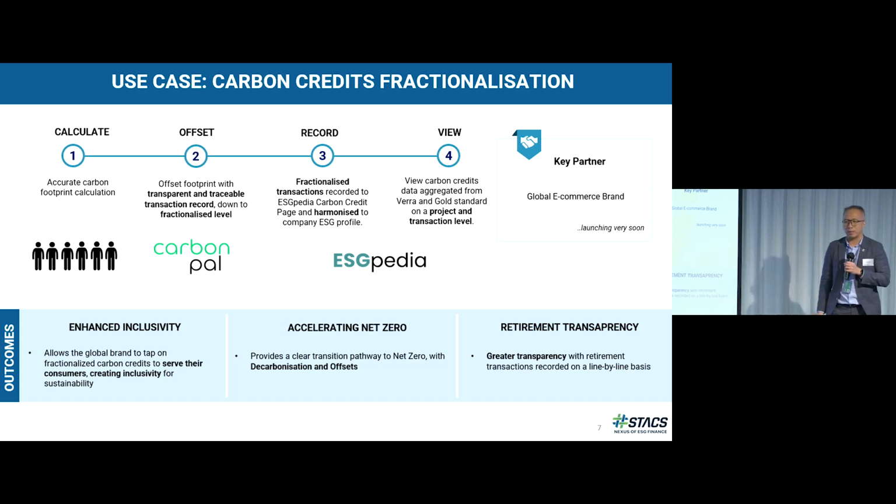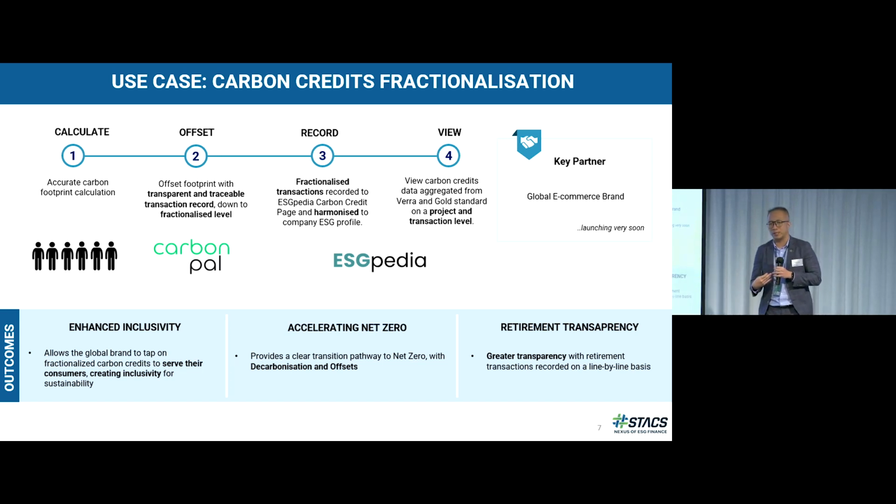This global e-commerce brand is a name that everybody knows. It has itself been in business for more than 20 years. They have more than 200 million active customers on their e-commerce platform. Interestingly, why are they able to be so progressive? It's because they actually own the entire manufacturing supply chain. So they know